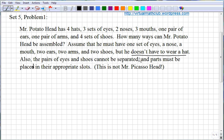The biggest trick is to remember you have 4 hats, but he doesn't have to wear a hat. So he has actually a 5th option for what to wear on his head. He might have a black hat and a red hat and a green hat and a purple hat. But one of his options is an invisible hat or no hat. Okay, so he's actually got 5 options for his head. So don't forget that. And other than that,